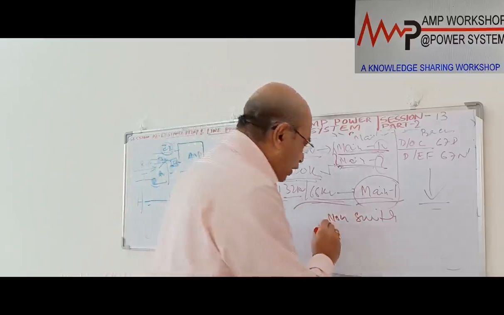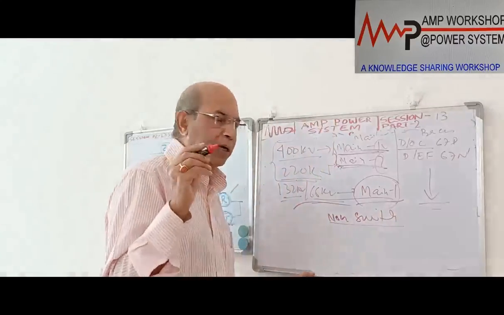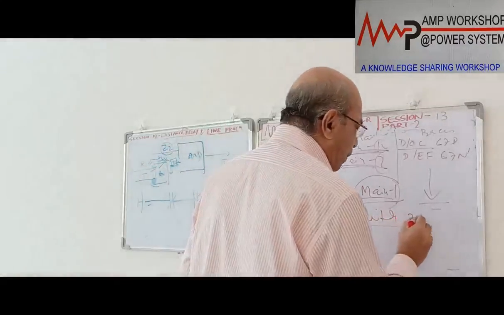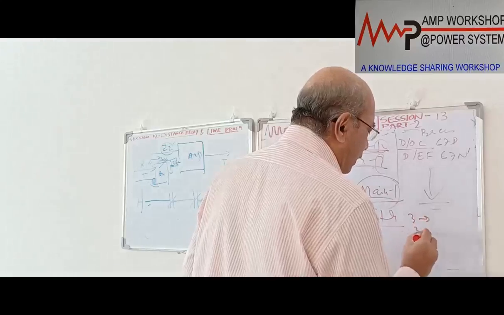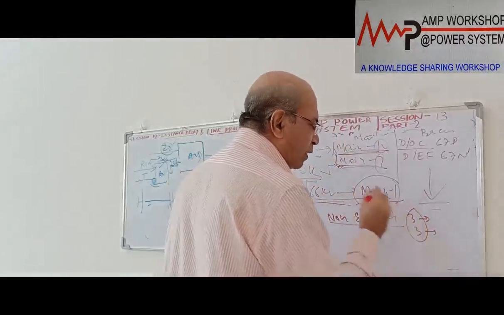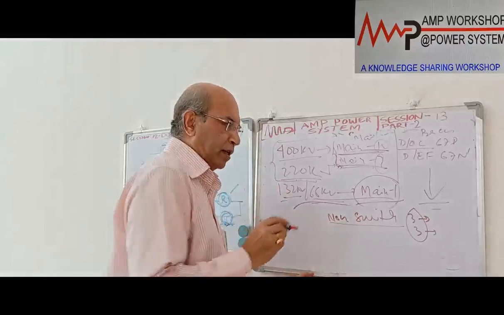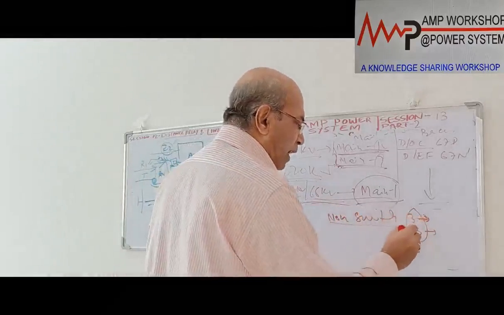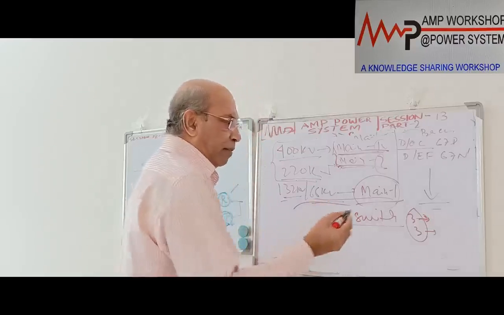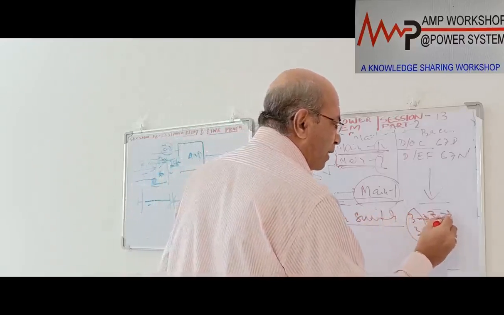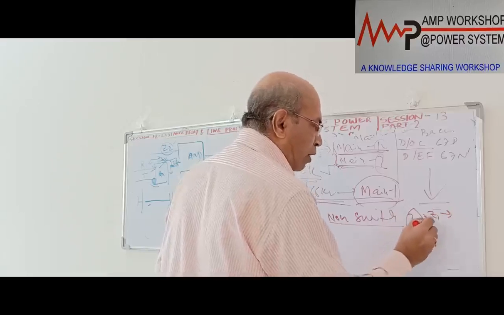But in the non-switched scheme, for each type of fault there is a separate element. That means there are 3 types of phase fault, so there will be 3 phase elements. There are 3 types of arc fault, so a total of 6 elements will be independent of each other. So each measuring element and starter element will be different, because zone 1 has one measuring unit and one starter unit. Zone 2 has one measuring and one starter.